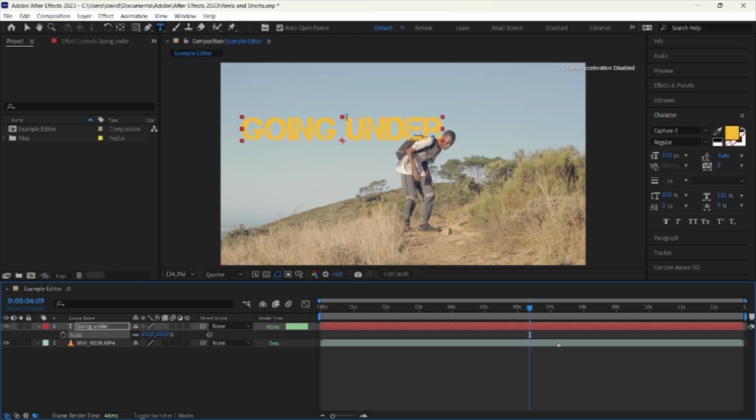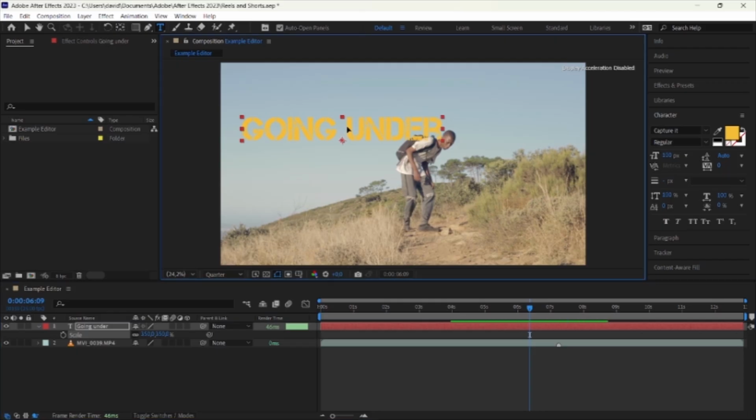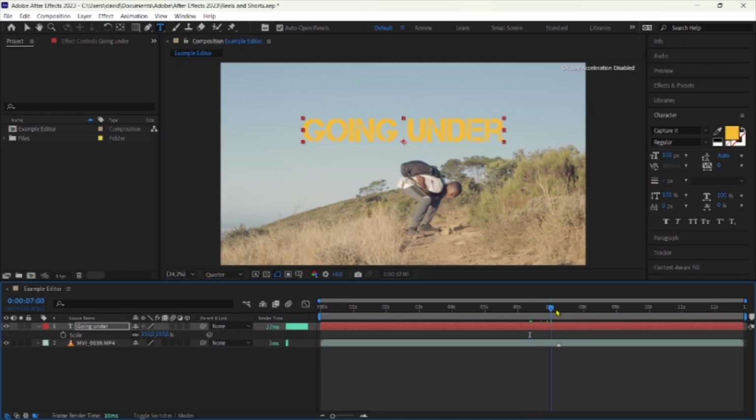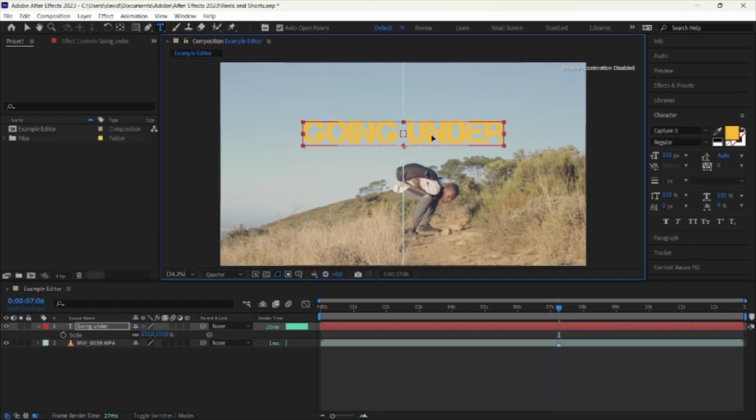From here, I press and hold Control on my keyboard, and then I drag the text to the center, and then from there, I move the time indicator on the timeline to where the marker is, right about there. And then I go back to the text, hold Control, and drag the text right about there. That is fine. So that's the point where I am ducking.